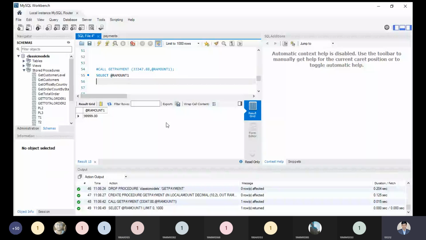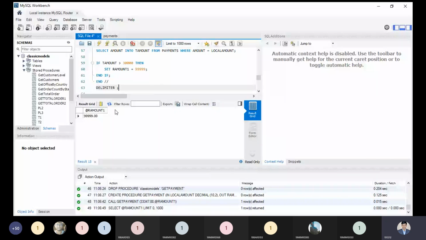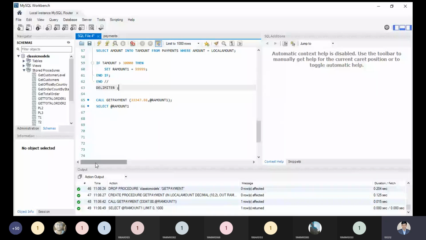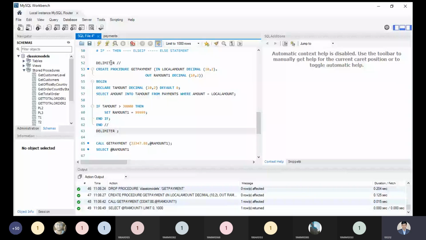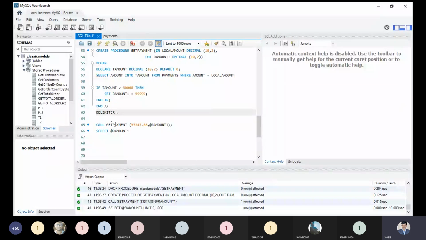How is this 99 value updated? Now should I explain the code? Yes, sir. Okay. Now see. First, the output should be clear to all once again. Please let me know. Now, see what we are getting. We are creating a process to get payment from the payment relation. And now, what I'm doing over here, please let me make clear to all. I'm calling this get payment, and I'm passing the value